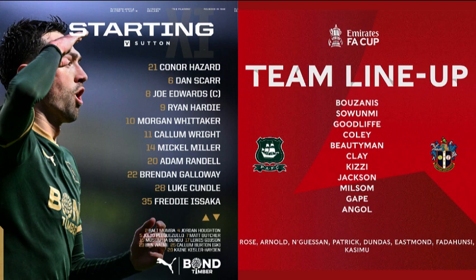Helped on by Callum Wright, flicked forward once again by Sutton United down the right hand side. They try to lift the ball infield. Isaka's there with a little deflection, then a nice little triangle of players from Argyle feeds the ball up towards halfway. Nobody getting their foot on the ball at the moment, but now Joe Edwards should do. Inside right foot channel, plays it out to the near side, finds Morgan Whittaker, who plays it backwards, squares with the instep of the left boot into his own half, finds Galloway,